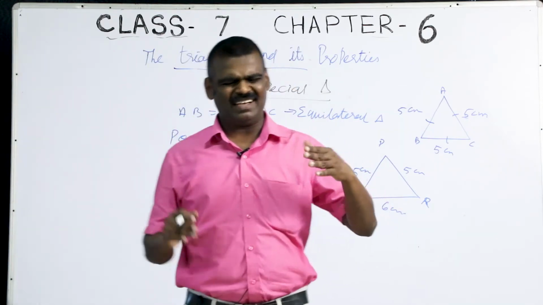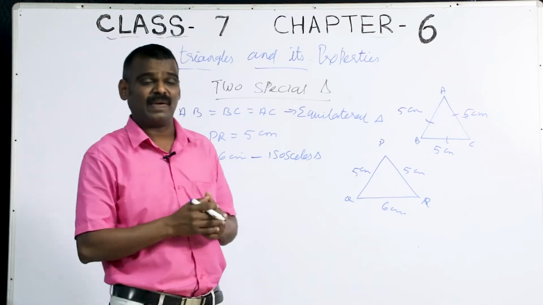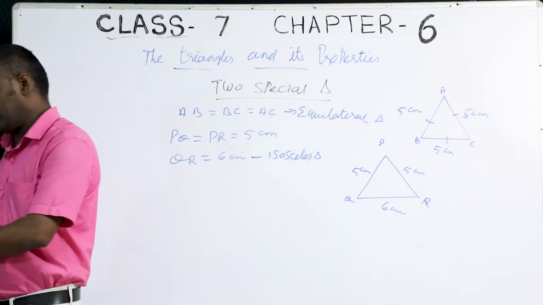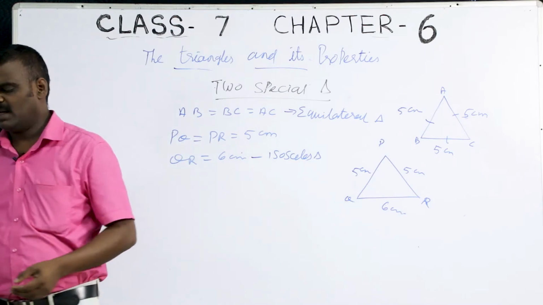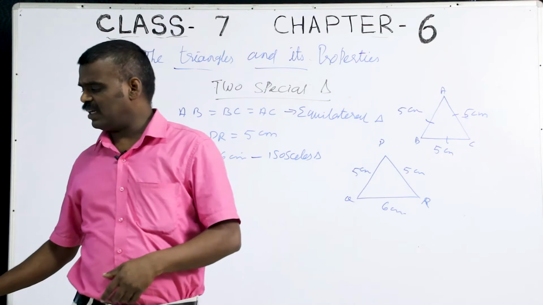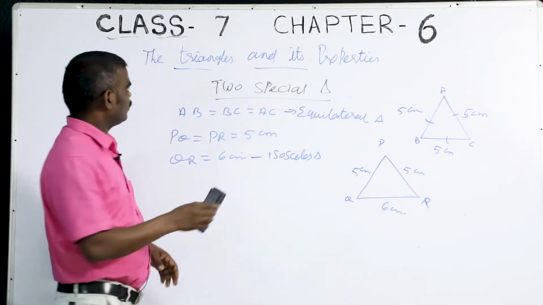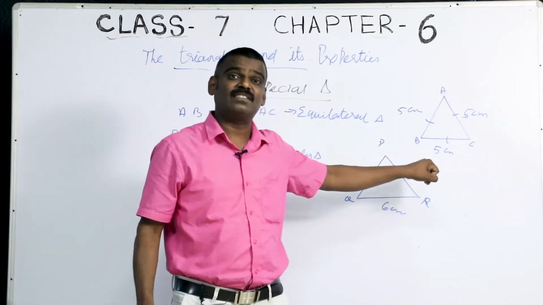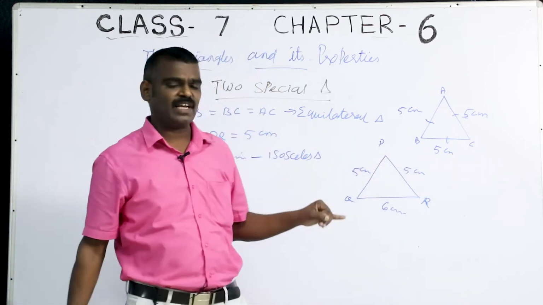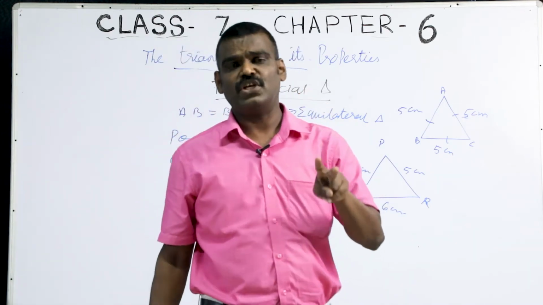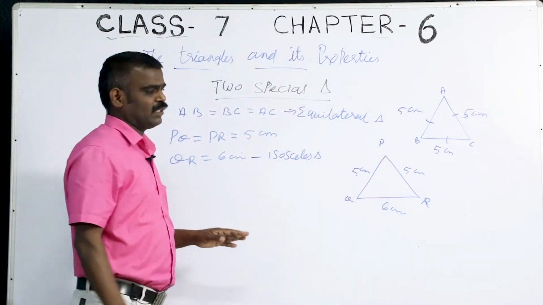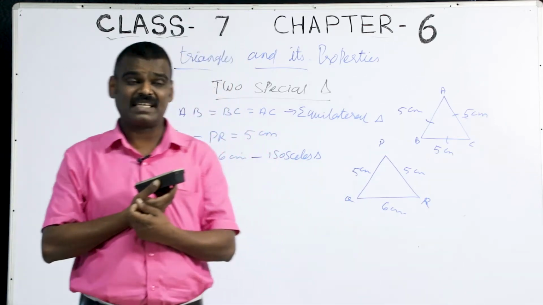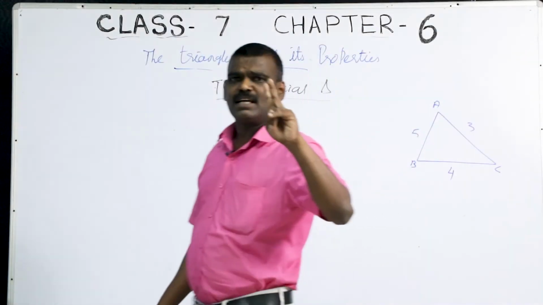Okay. So these are some more types of triangles. There is the scalene triangle where no sides are equal. That is called what triangle? Scalene triangle. Like that, there are different triangles. So two types of triangle clear, right? One is equilateral triangle where all the sides are equal. Another one which one? Isosceles triangle where only two sides are equal. Suppose no side is equal, then that is called another triangle, which one? Scalene triangle.